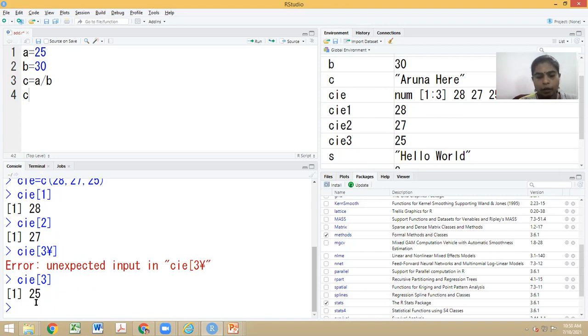Okay. Now I have a question for you. Suppose I want to add the values. Here I have 3 values, right? I want to add all the 3 CIE values. So how will my command look? How do I create a command to add all the CIE values using this variable CIE? I don't want to use CIE 1, CIE 2, CIE 3, but I want to use this one, and I want to add these 3 values. What command can I use? Can you put it in the chat window?